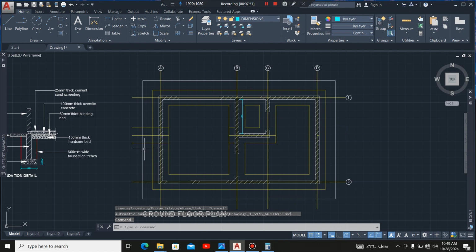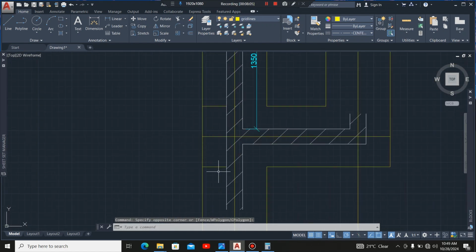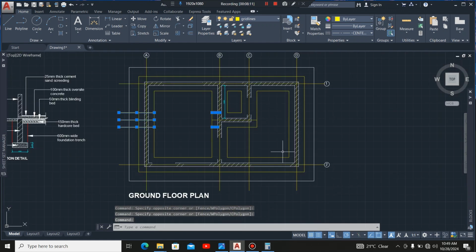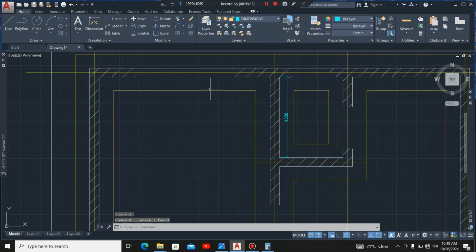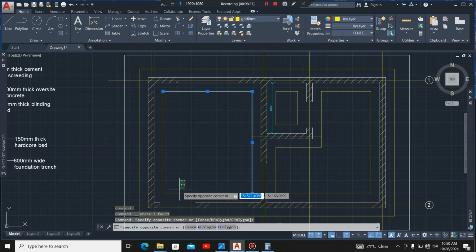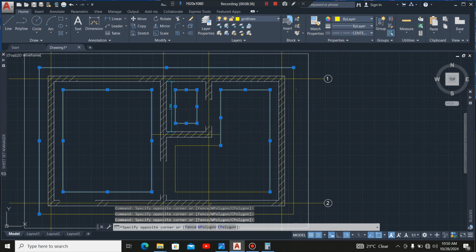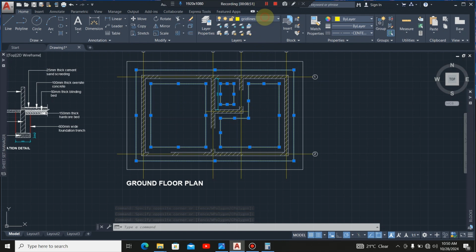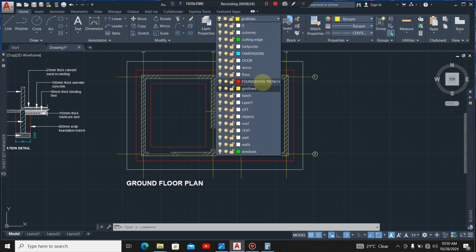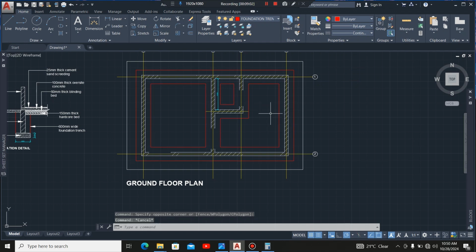Okay, right now if you're done with the trimming, I'll highlight some of these lines, then I'll delete them. After that, I'm going to highlight these lines that show the foundation trenches. I'll put them under the layer for foundation trench. Then I'll use a continuous line. Then I'll press escape. So we have our foundation layout